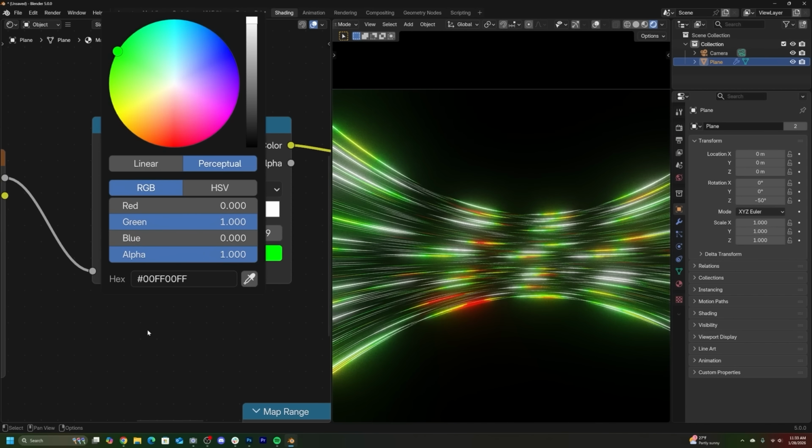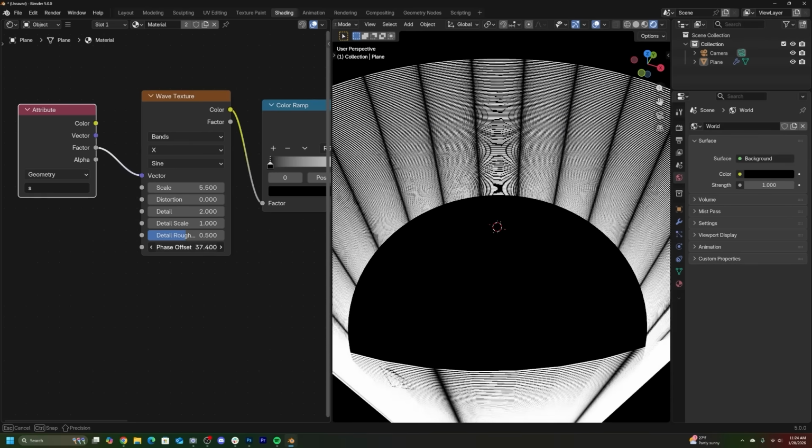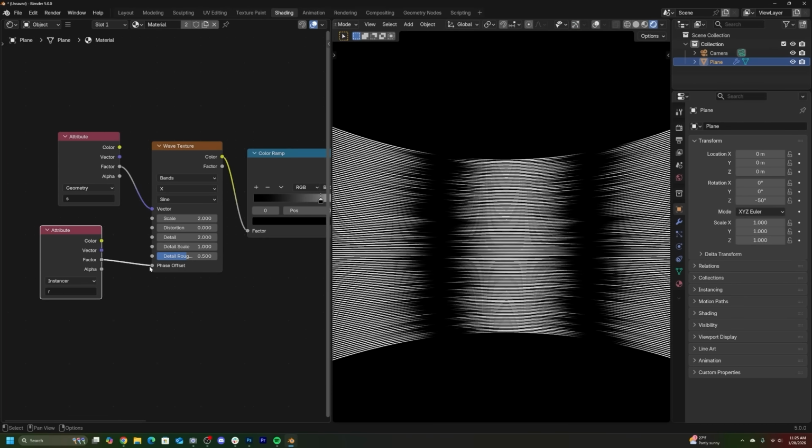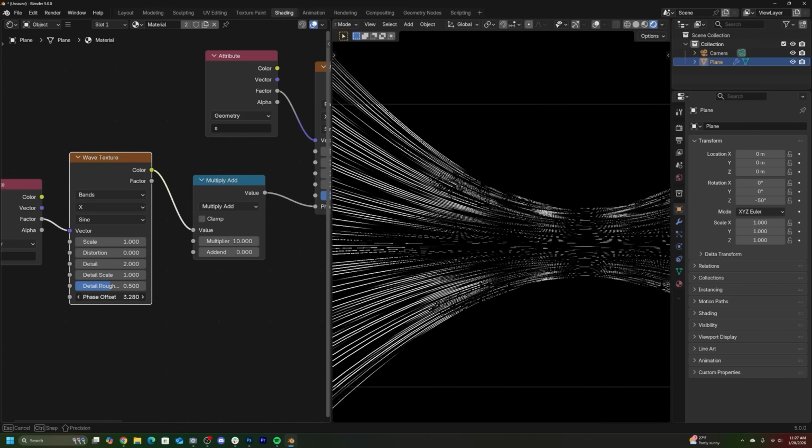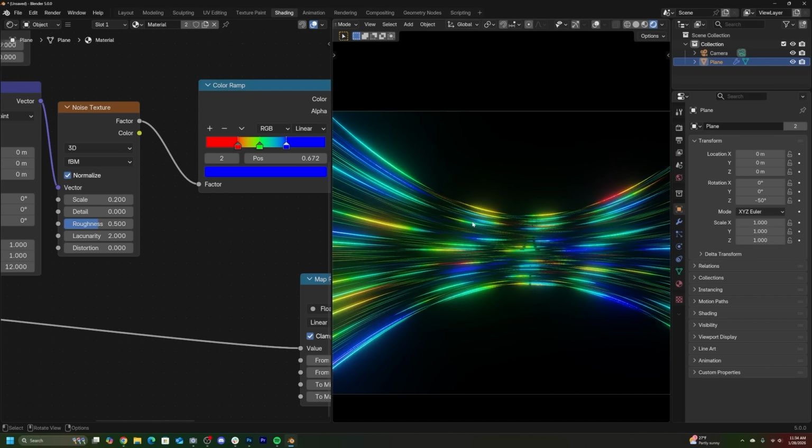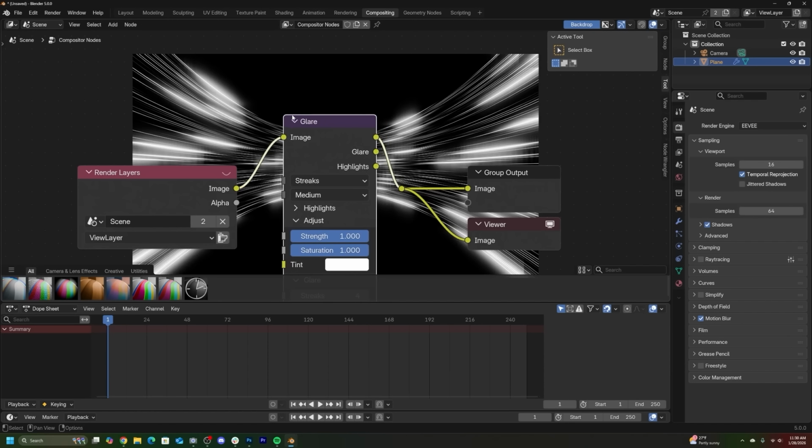Then immediately we're going to hop into the shading workspace where everything else is going to happen. So we're going to use a wave texture for the movement. We're going to randomize the position of the wave texture to get this really beautiful movement. Then using noise textures, we're going to add some really cool color, and then we're going to add some compositing